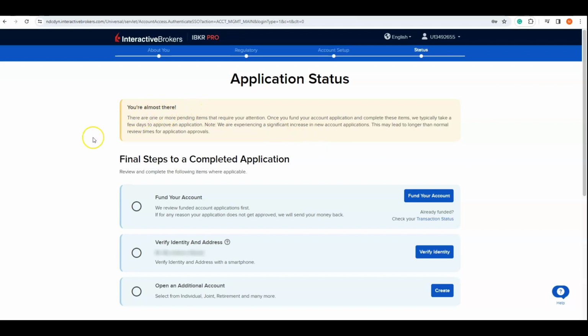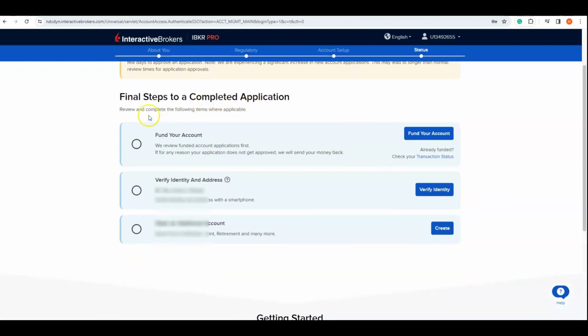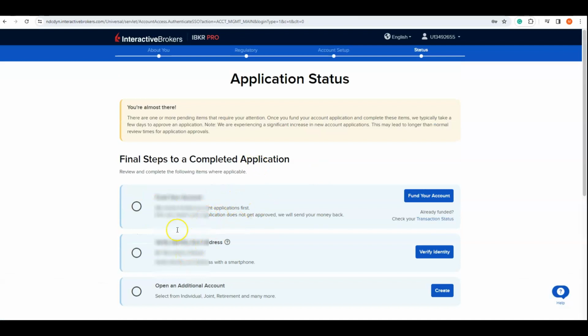Okay, application status, you're almost there. There are one or more pending items that require attention. Once you complete these items, we typically take a few days to approve an application. They are experiencing some increase in new account applications, so there might be some delay. Anyway, final steps to complete the application: fund your account, we'll do this later; verify identity and address; open an additional account. You check the status, and once you provide all of this, the missing part, you'll receive another email saying that your account is open and that you're ready to fund your account, move your money, and be ready to